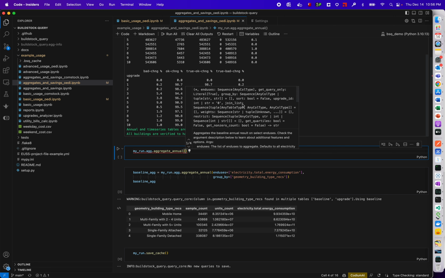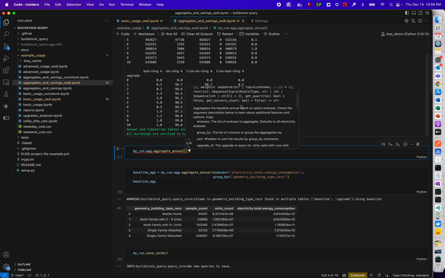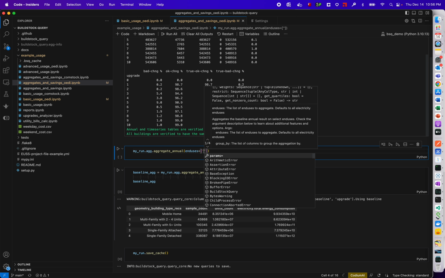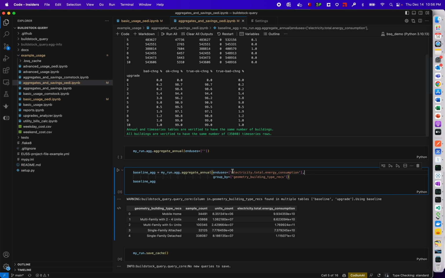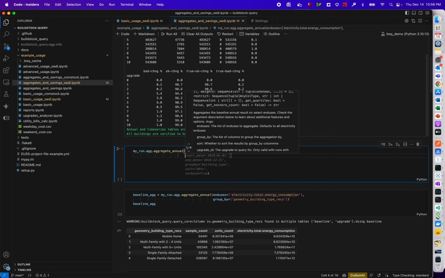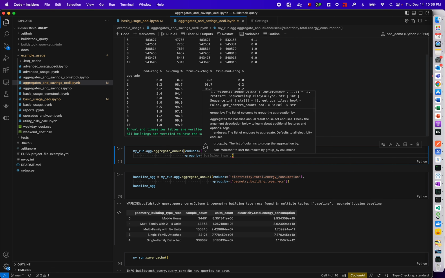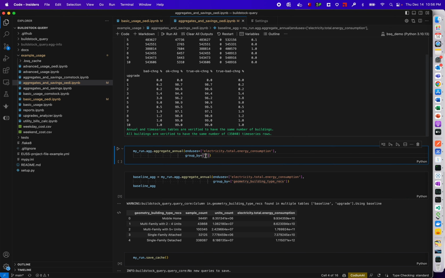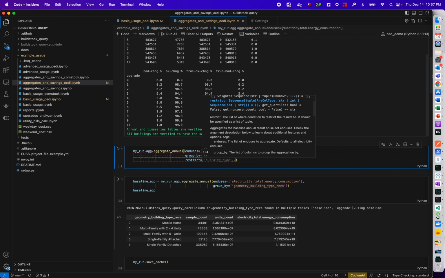And there are a lot of different arguments it takes. So the one we're using here is end users, and then you need to specify the end use we want. For this case, let's stick with this, and then we can optionally group it by different things. So we can do the same one, and we can also restrict by,